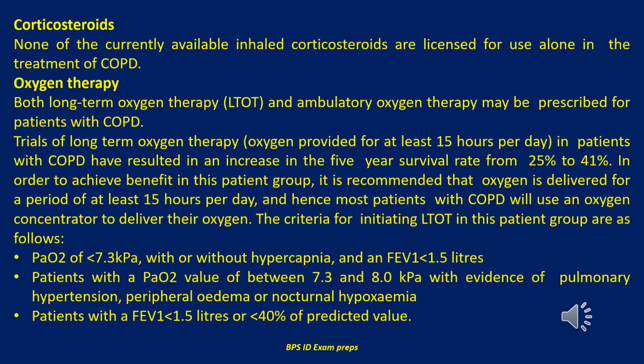Regarding oxygen therapy, both long-term oxygen therapy, abbreviated as LTOT, and ambulatory oxygen therapy may be prescribed for patients with COPD. Trials of long-term oxygen therapy, that is oxygen provided for at least 15 hours per day, in patients with COPD have resulted in an increase in the 5-year survival rate from 25% to 41%. In order to achieve benefit in this patient group, it is recommended that oxygen is delivered for a period of